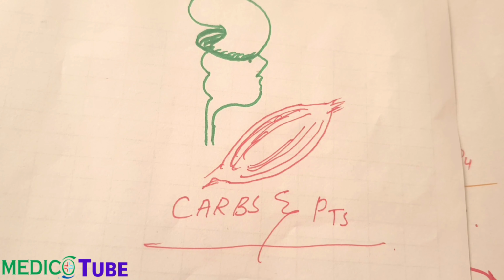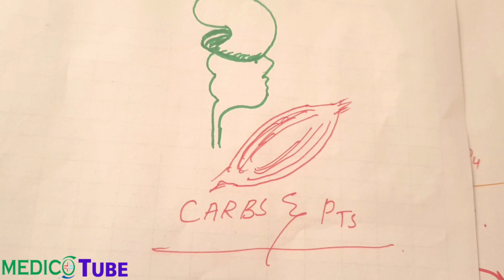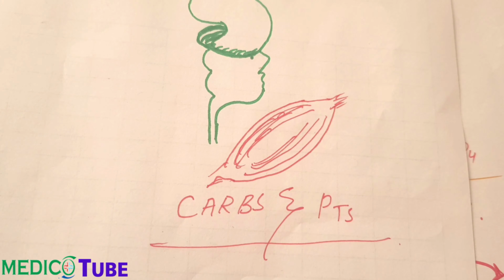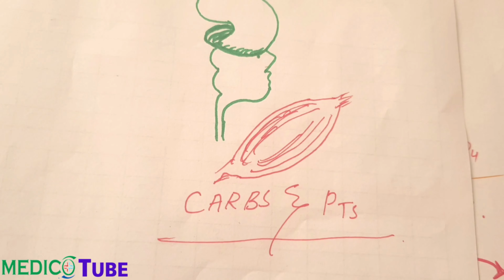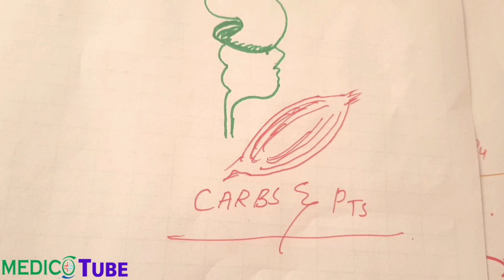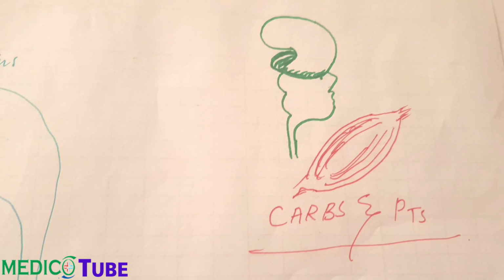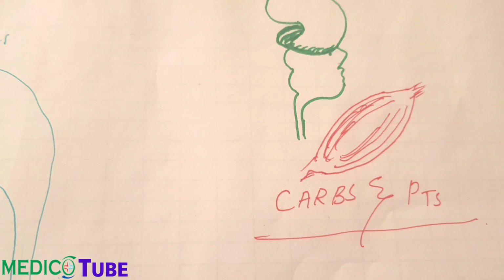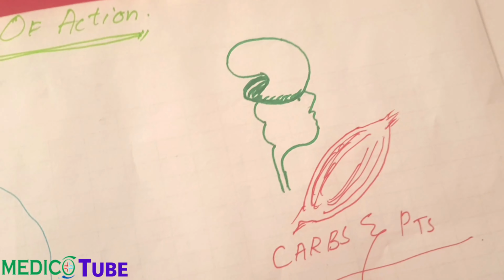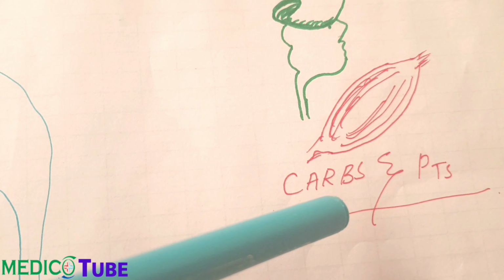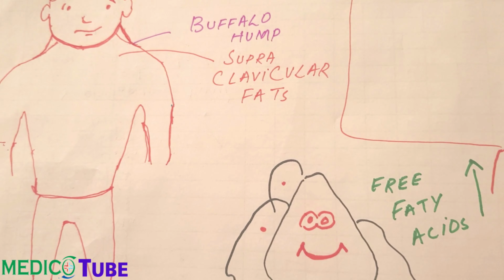So now let's look at their action. One action is the glucose metabolism. The basic purpose of the steroid is to get us energy for brain and muscles when we are under stress. So what they do, they ask the liver to make new glucose, which is called gluconeogenesis. They break down the lipids to create the glucose. So that is the action for the carbohydrate and proteins.